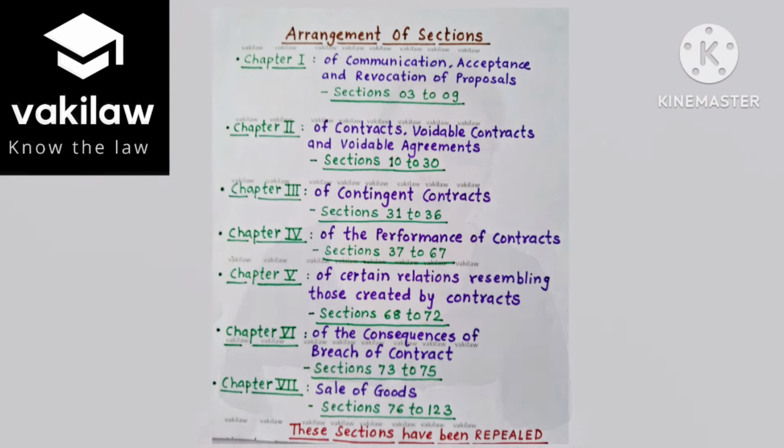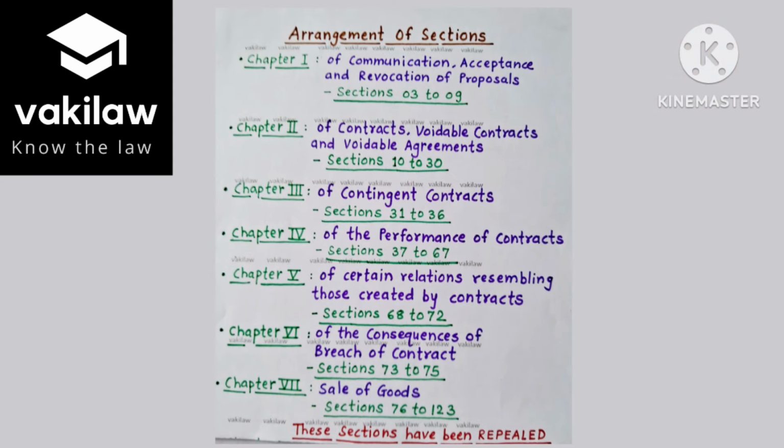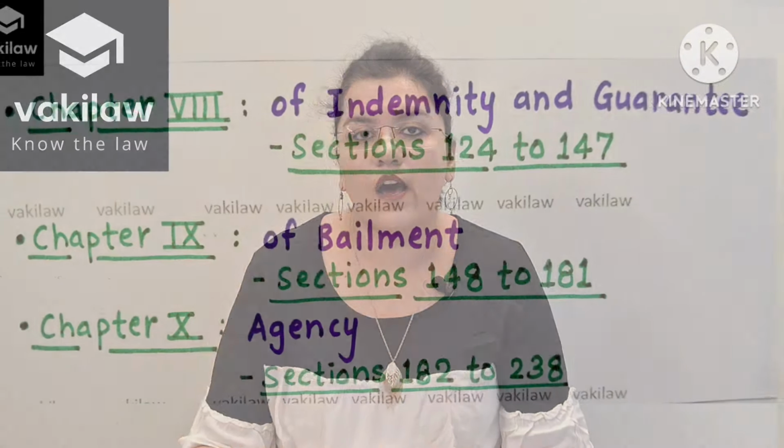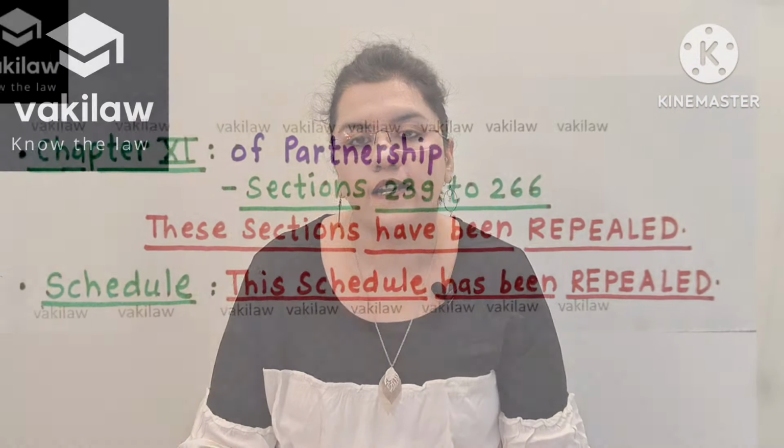I have discussed that in the previous video also. How the sections have been arranged for the Indian Contract Act is what is expected to be written. Now coming to the main part, the salient features. Understand that salient features is also an overview, but not a bird's eye view; it is something in depth relating to the act. So here you are expected to write everything from section 1 to the last section of the